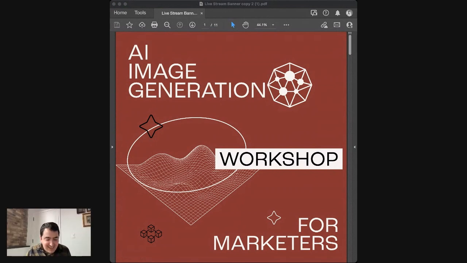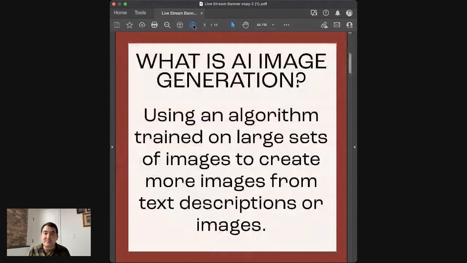That's fine. All right. So today we're going to be talking about AI image generation. This is a workshop for marketers. I call it a workshop because I want it to be a conversation and not just one-sided. I want you to ask questions as I'm going through this stuff today. So feel free to stop me along the way. I'm doing my best to read the comments as I go. But let's go ahead and talk a little bit about what AI image generation is. Like I said, this presentation is just as useful for people for whom this is their first time versus somebody who is deep in the thralls of AI artwork right now.